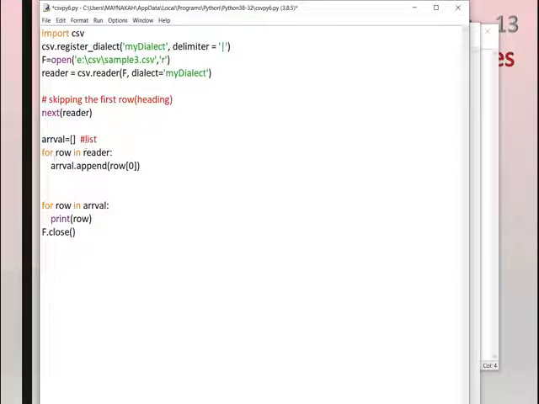Then for row in reader, array dot append will add the value to the list, adding value to the list using the append function. Here row of 0 means only the first column value is added. Then again a for loop, and we are going to print what is present in the list, not from the file, from the list.